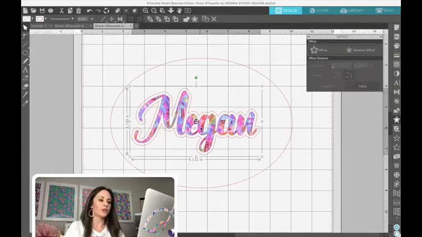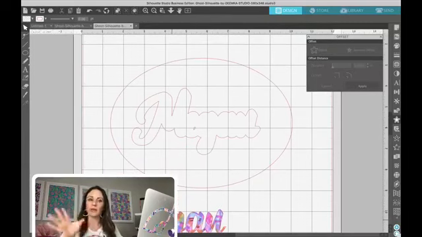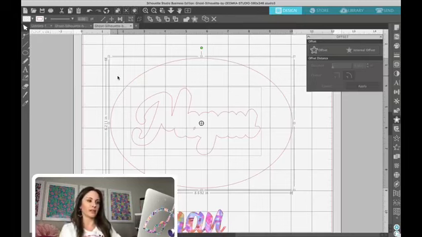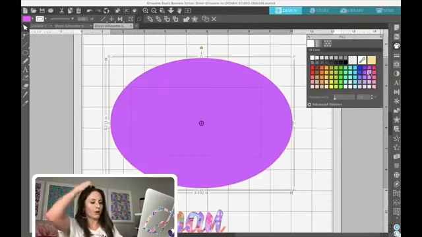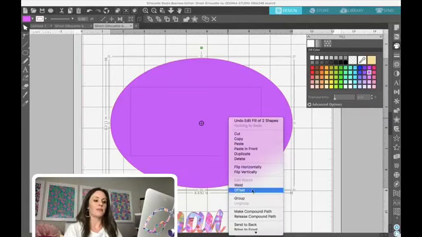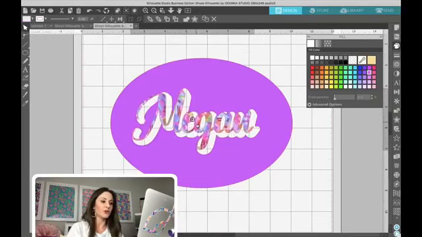Now, if you wanted a double offset inside of a knockout, let's just do a simple knockout, okay? So basically, I made an offset, so it's going to make a little space around Megan's name. And remember what I said, once you select these, you're going to select both of those with your select tool. If we turned them all purple, then they would be just a solid purple. We want them to be one. So select them all, right click, go down to make a compound path, and that's one way to do a